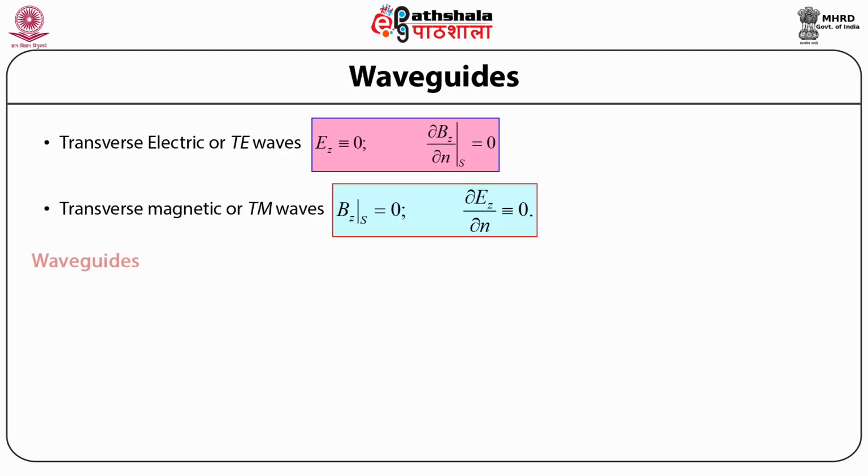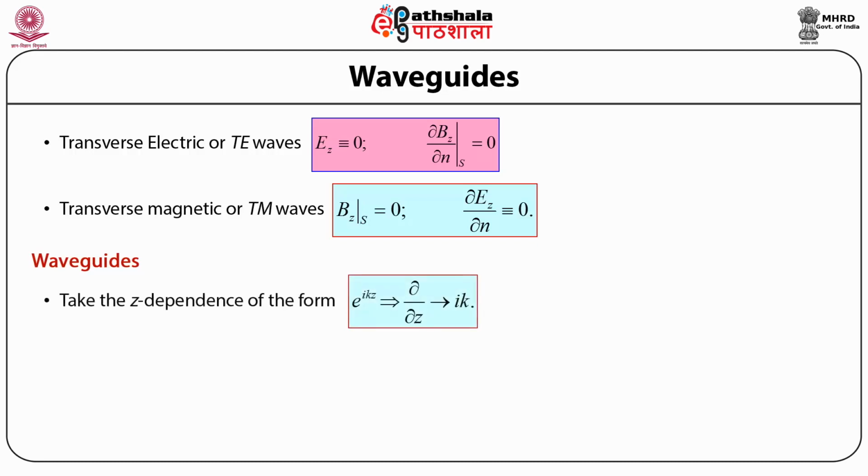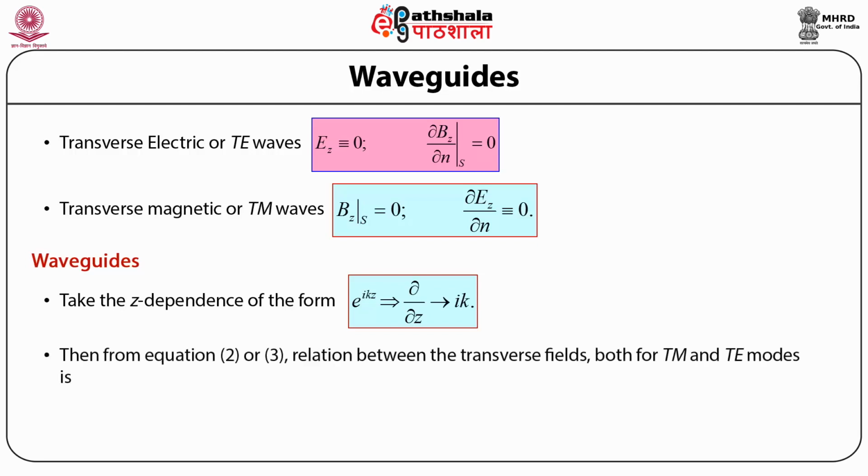Now let us look at the waveguides. So let us take the Z dependence of the form e to the power iota times k times z, then del by del z can then be represented or replaced by iota times k. So using the equations that we had defined above for the transverse components of the electric field and magnetic field, that is, when we had written down the Maxwell's equations in terms of the transverse and the longitudinal components of the electric and the magnetic fields, so using those equations and the relation between the transverse fields, both for the transverse magnetic and the transverse electric modes,